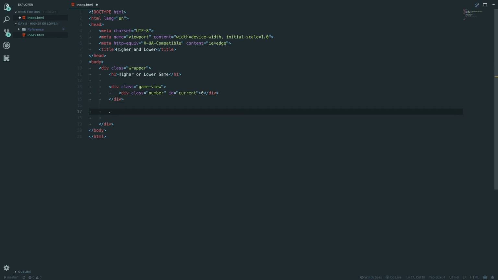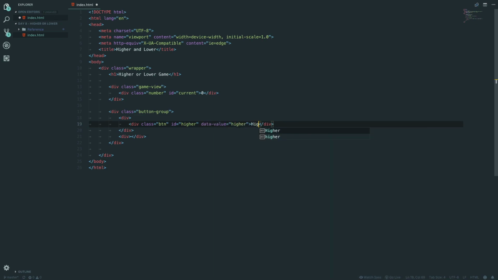And then we're also going to create a div called button group. Inside that button group, we're going to create 2 divs. In this div, we're going to create a .button with the ID of higher, and we're going to set the data value equal to higher, and we're going to set the name to an ampersand and hash